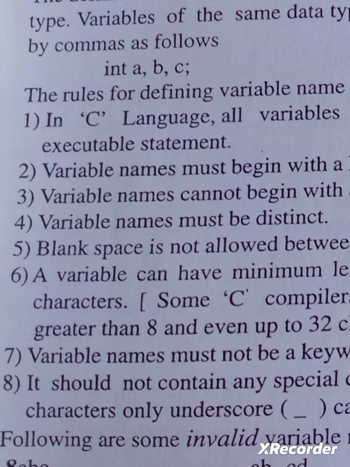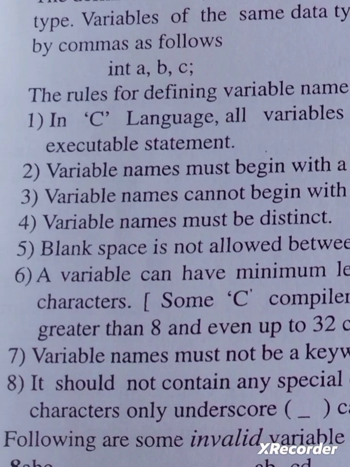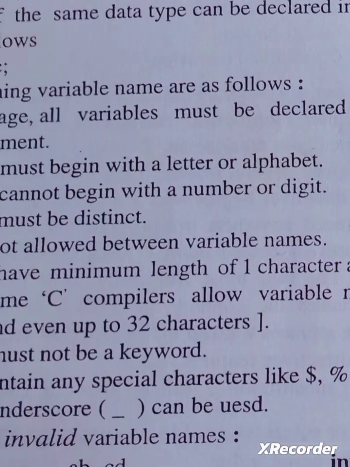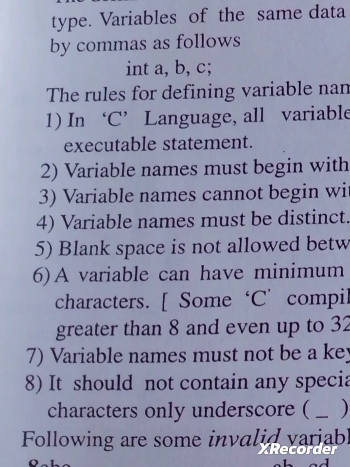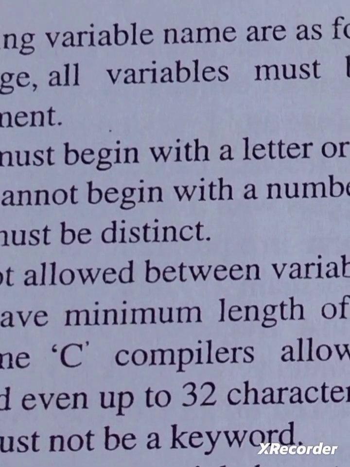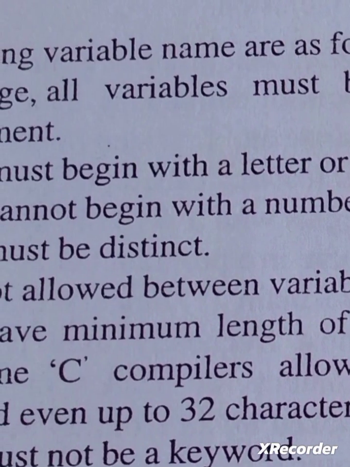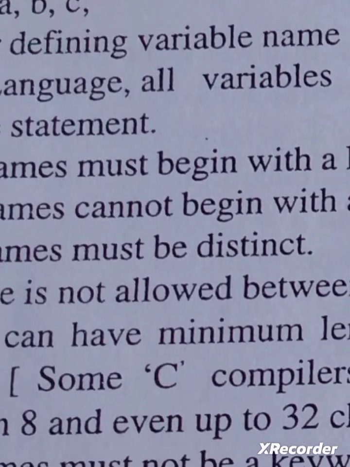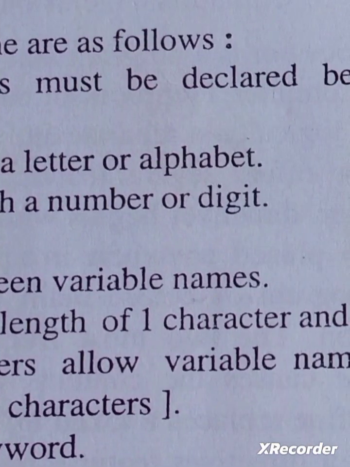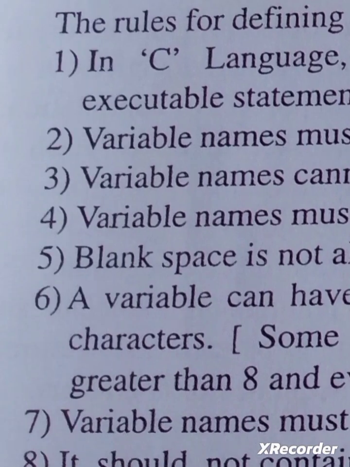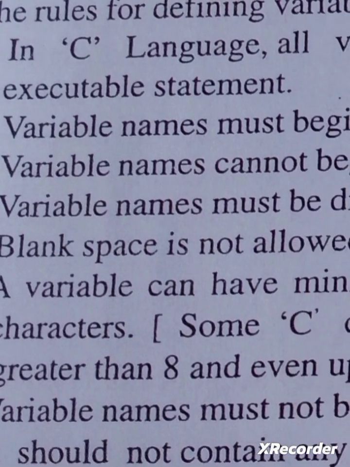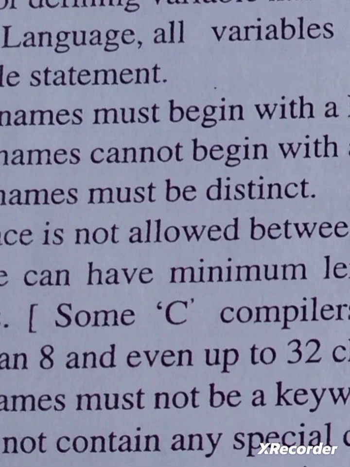Now we have few rules in declaring the variables. The first rule is the variable name must be specified before using the variable. Next, the variable name must begin with a letter or an alphabet. Third one, the variable name cannot begin with a number or a digit. The variable name must start with an alphabet. The variable names must be distinct, that is, they can be